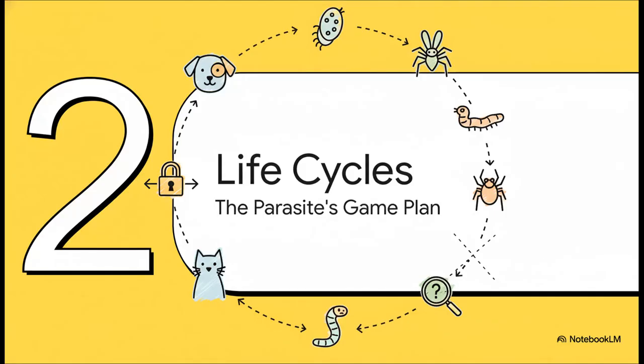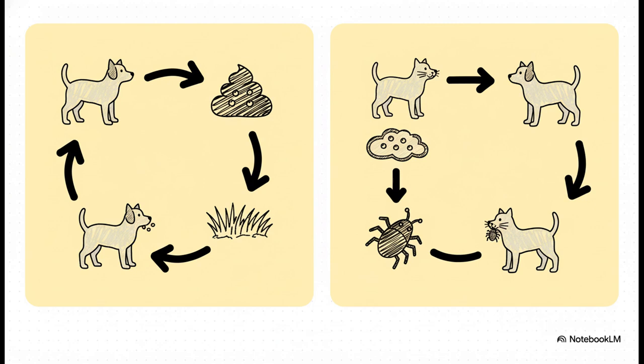Okay, let's talk strategy. The parasite's game plan. You see, understanding a parasite's life cycle is everything. Seriously. Because that's how we find its weak spots. That's how we figure out how to break the chain of infection for good. This next part, super important. You have direct cycles, which are pretty straightforward. Parasite passes from one host into the environment and then into another host. Easy. But then you have the indirect cycles, which are way more complex. They need a middleman, an intermediate host, to get the job done. This difference is absolutely key to how we prevent them.